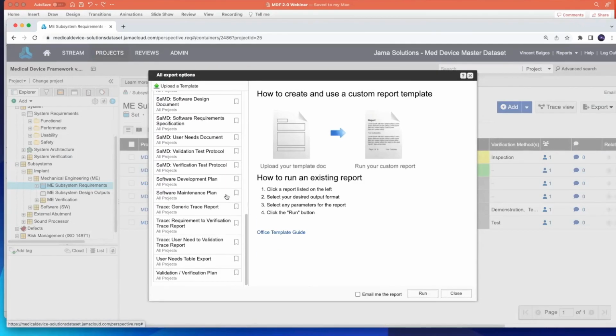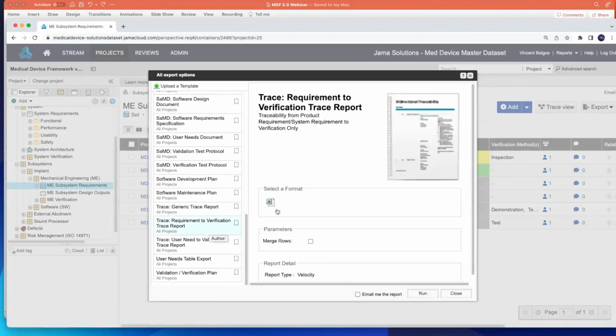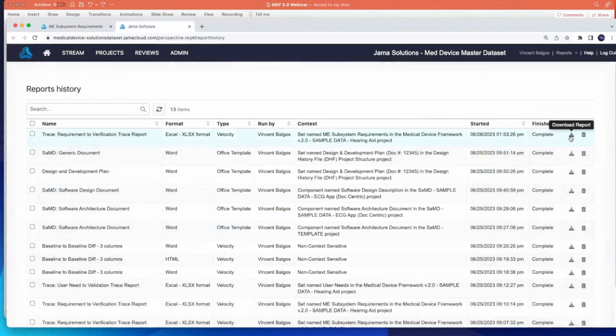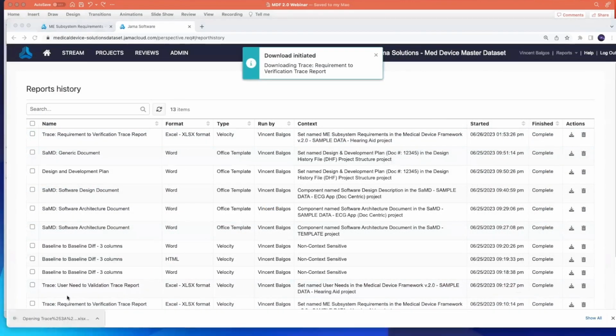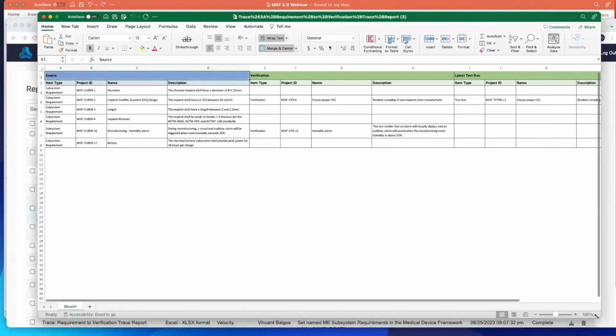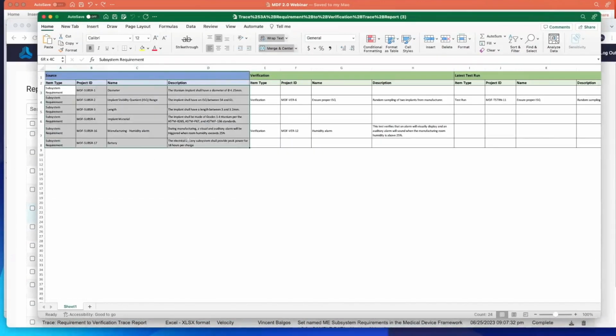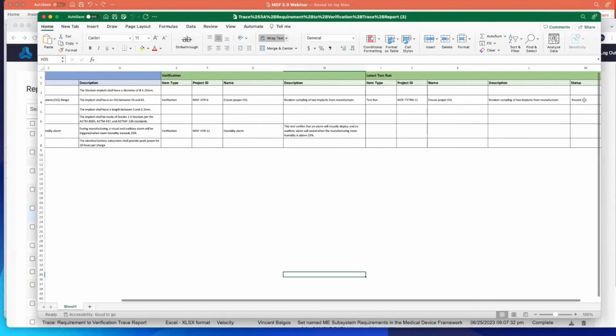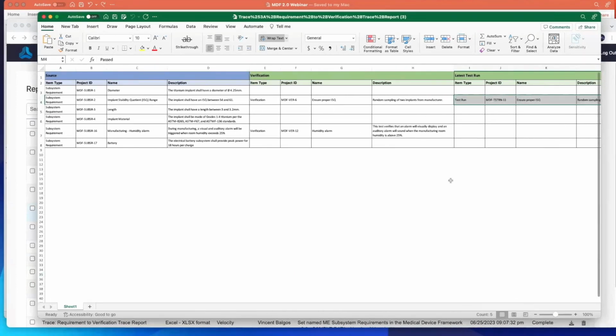What I want to show you is the requirements to verification trace report. So if I go ahead and hit run, create a report, I'm going to download it. And then what I want to share is this new trace report, which now shows you the requirement, the verification test case associated with the requirement, but in addition, the latest test run and its test result status. So this helps clearly identify the requirement to verification traceability that's needed,